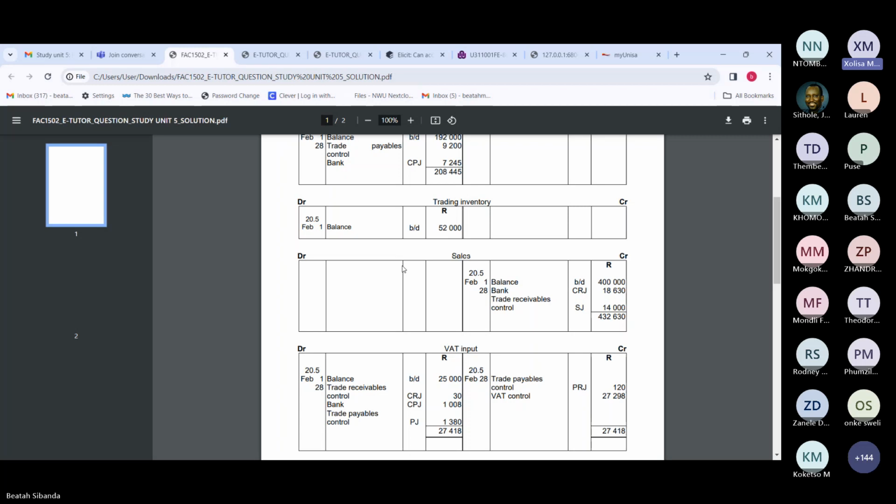Okay, then the next question wants the VAT input and the VAT output. So remember, it's not technically correct, but it's an easy way to think about it. The VAT in